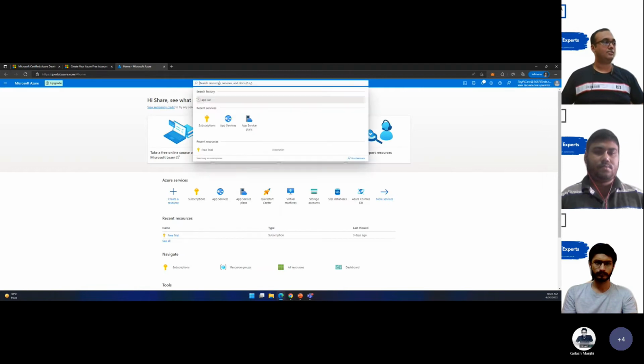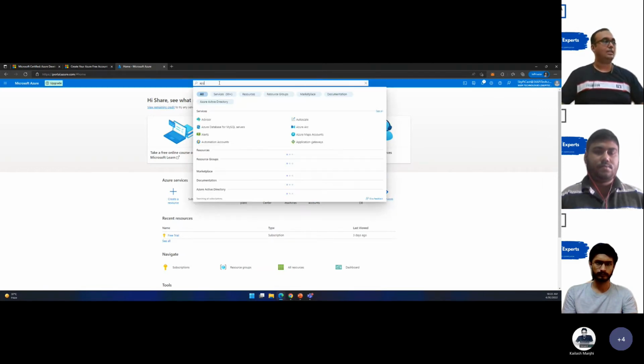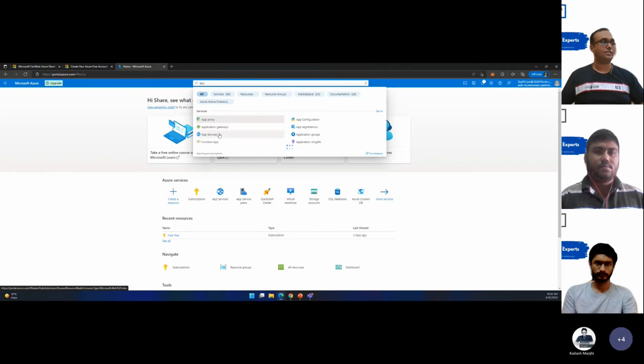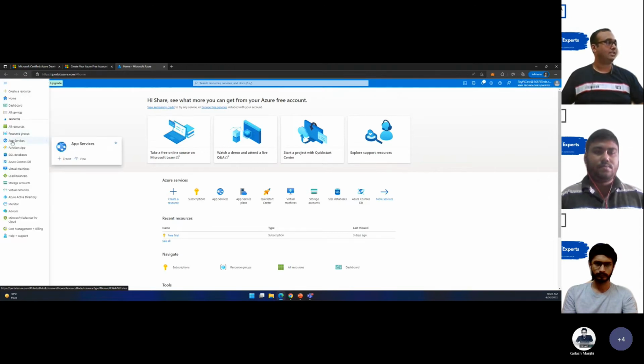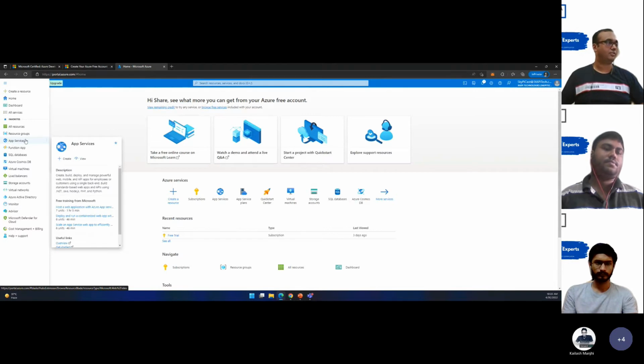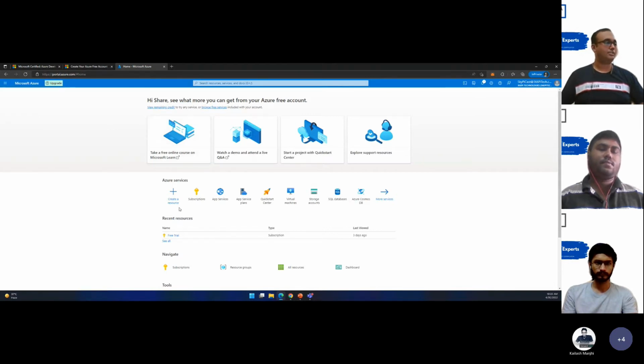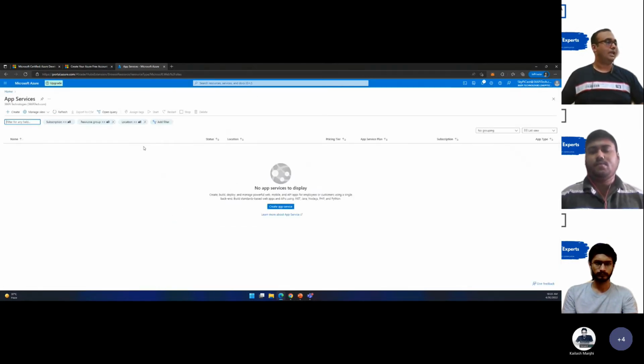The other way is searching for the app services. You can click on the top search bar, type app services, and you can get the app services from here. The third option would be clicking on these three bars on the left, and in here also you should see the app services as your favorites. So whichever way you prefer, you just have to click on the app services and you come over here. I don't have an app service created right now, which we will be creating now. So we will click on create app service,